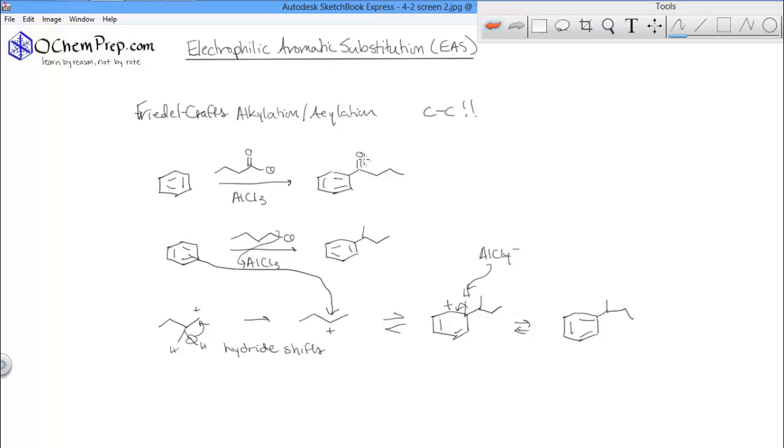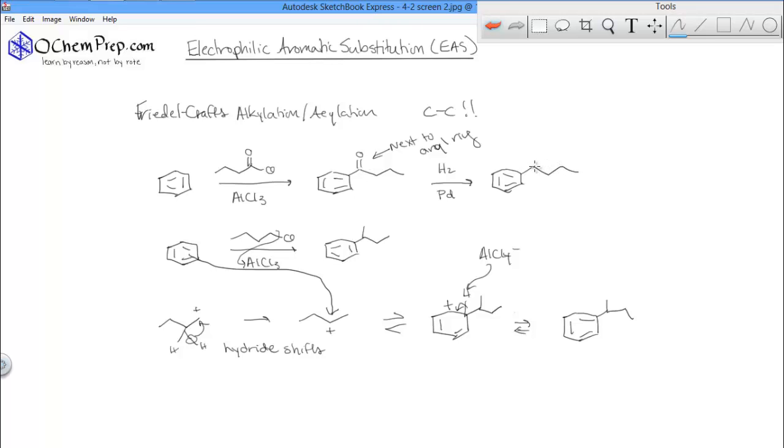Well, when the C=O is right next to the ring, you just use H2 and a palladium catalyst, and that will reduce that C=O to a CH2. Now, this reaction will not work with any ketone. It has to be a ketone next to an aryl or an aromatic ring. So what has just happened is that we've been able to put our new carbon on and then reduce it